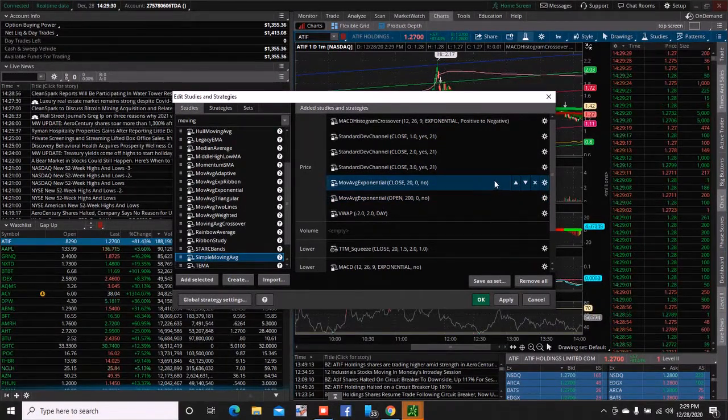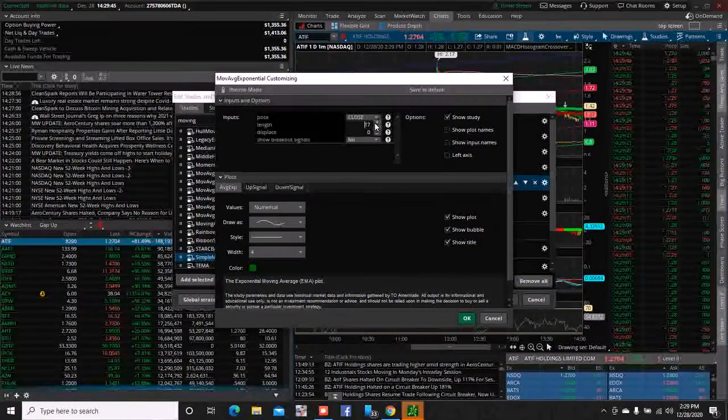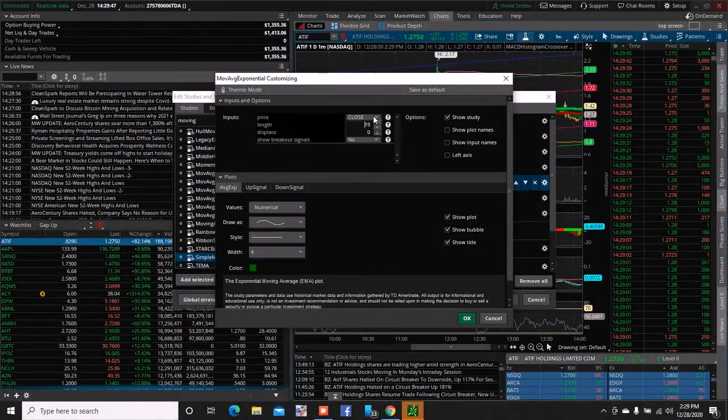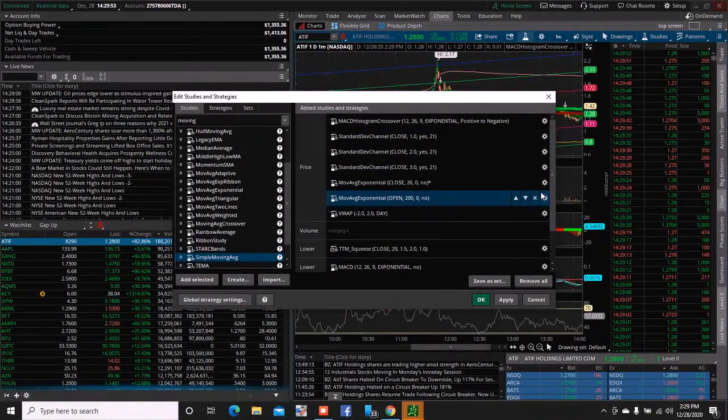Actually, I have the moving average exponential. Either one, they're both going to work the same. You're going to come in here to your little gear icon, and then the length, I think it's set at like 9. You're going to want to move that up to 20. Hit OK. And then you're going to come into your second one that you did, hit the little gear icon,